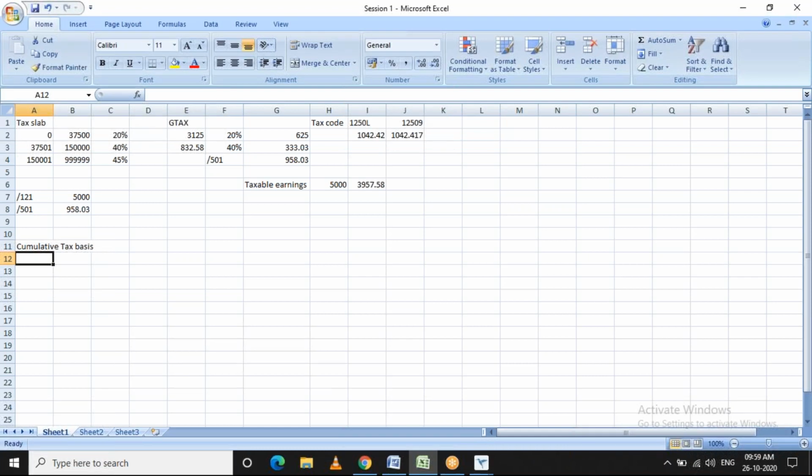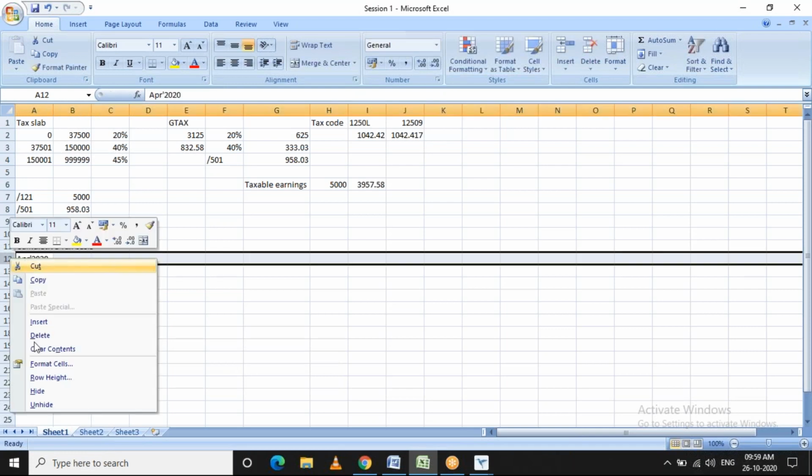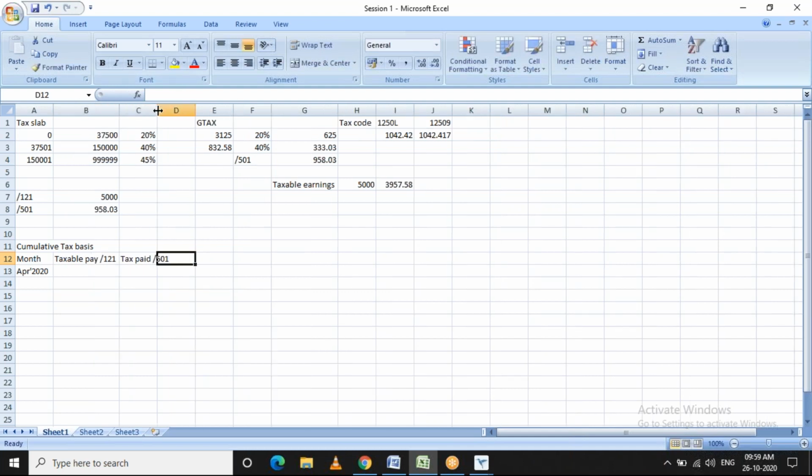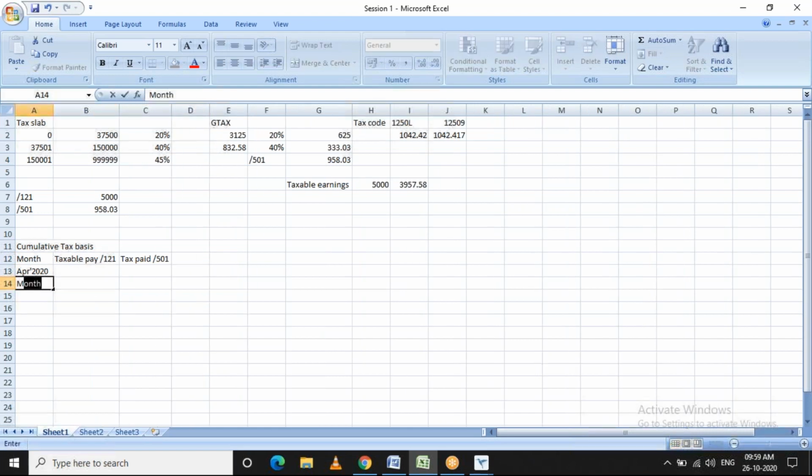Okay, so on the cumulative tax basis, in April, the taxable pay is 5,000 and the tax calculated is 958.